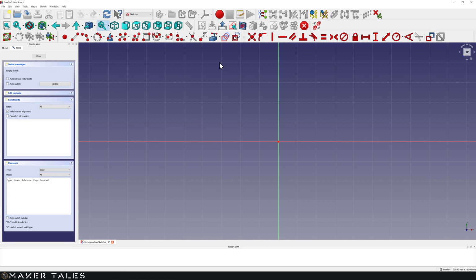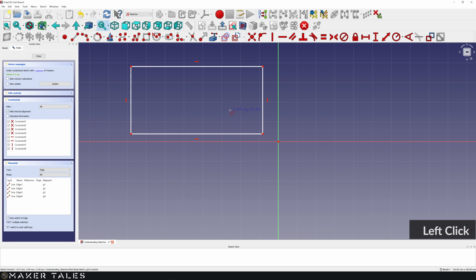Now, let's go back and take a look at the three tools here that I completely skipped over. We're going to focus on this middle one first, which copies the geometry of another sketch. We understand how to copy and clone within one sketch, but what about from another sketch? That's what this tool is all about. A quick note, at this point, things are going to get just a little bit more complicated, and I'll do my absolute best to simplify it all the way down, and we'll try and be as clear as possible. We'll start this off by creating a nice simple rectangle.